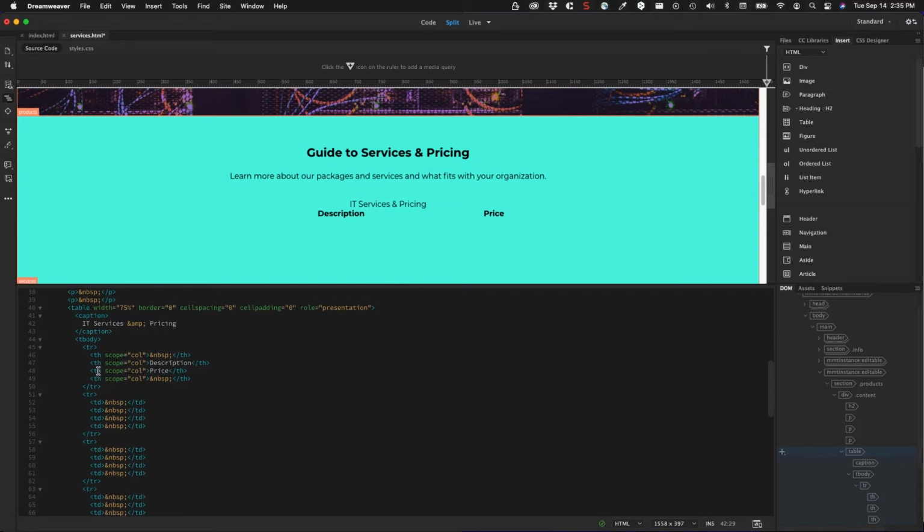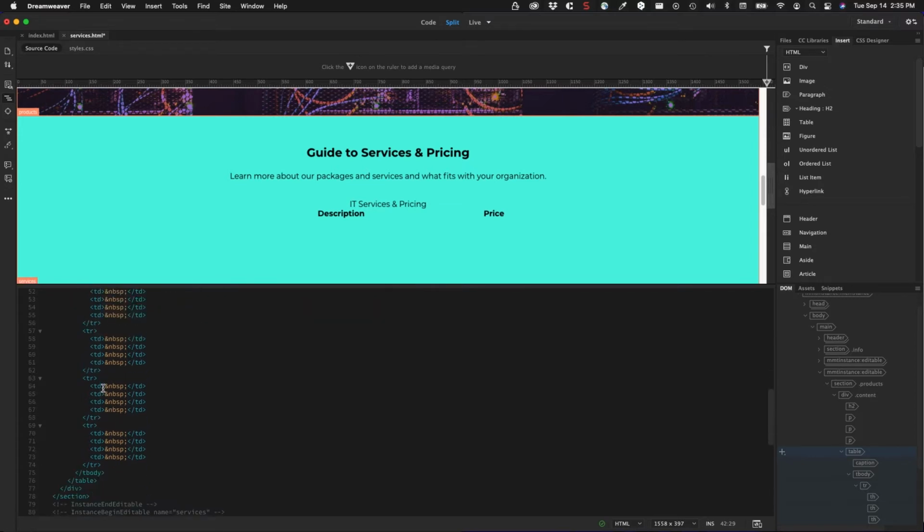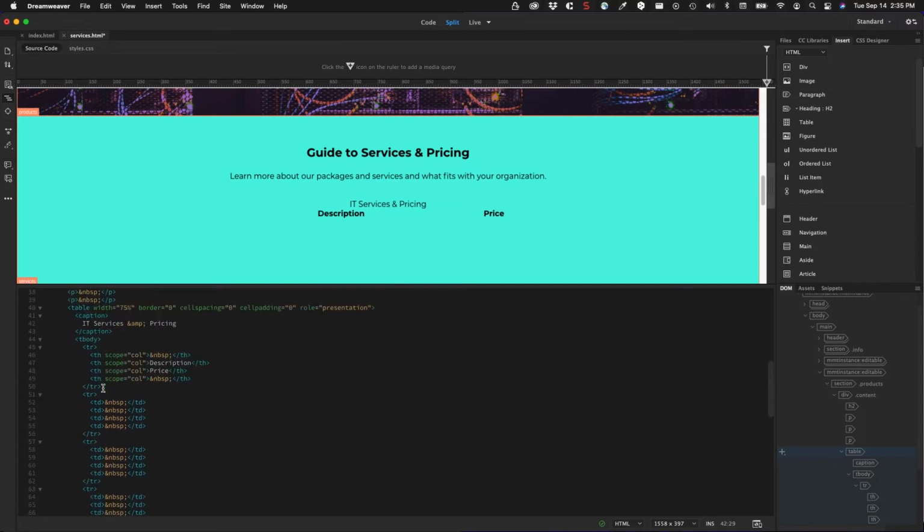So since I have 4 THs here, 4 TDs down the line, it's going to be 4 columns. Now you can span columns and you can span rows, and we'll do that in a little bit. But for now, let's continue with the content, and then we'll go ahead and style this. So the first package that we want to put in here,